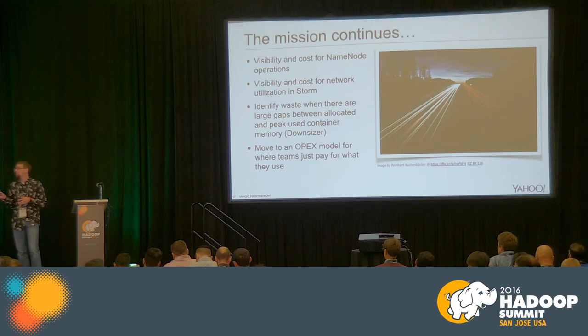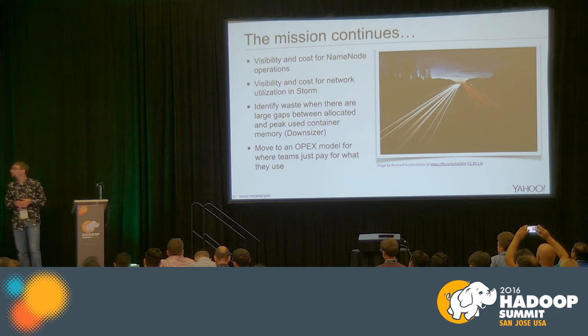And the next thing is being able to include other resource types as well. I'm really interested in seeing network utilization. Through the resource-aware scheduler, we might see that in Storm first. But there's a Hortonworks talk earlier about doing more generalized resource scheduling for Yarn. So we might see network utilization show up on the Hadoop side as well, or something like disk IOPS.